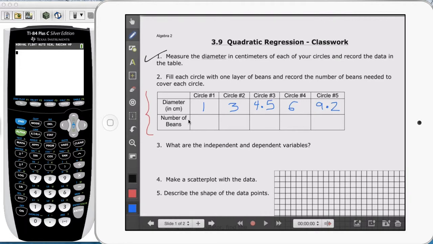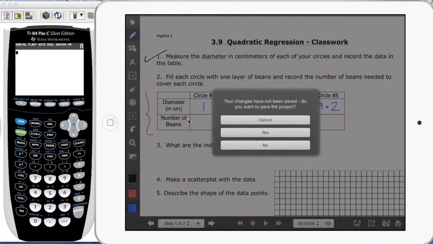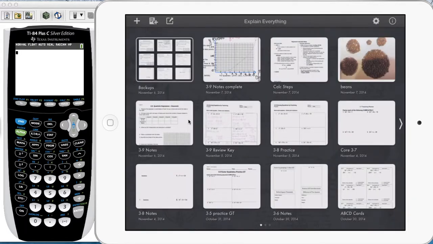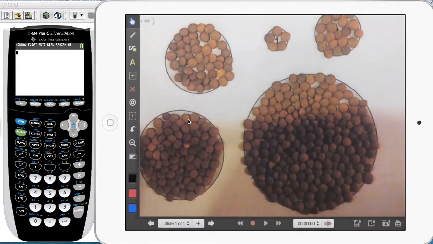So let's move on to step number 2, which is basically to layer or fill the circle with 1 layer of beans. So I'm going to show you what I did. So this is a picture of the layer of beans I did. As you can see, I used a different type of beans, and that's why it took me forever to count these beans. So I got you a bigger size. So go ahead, pause the video,